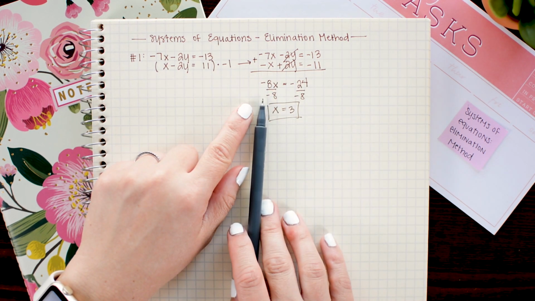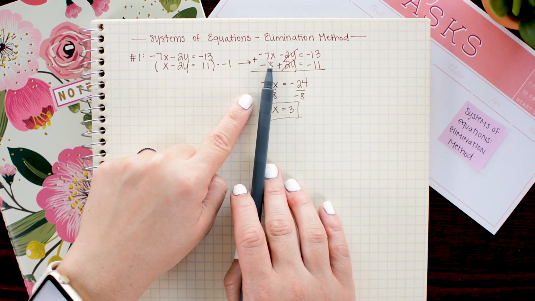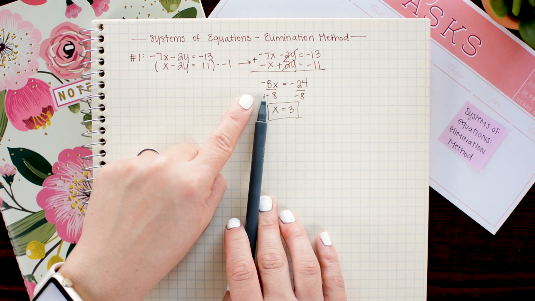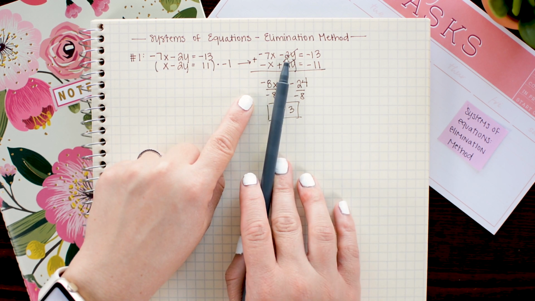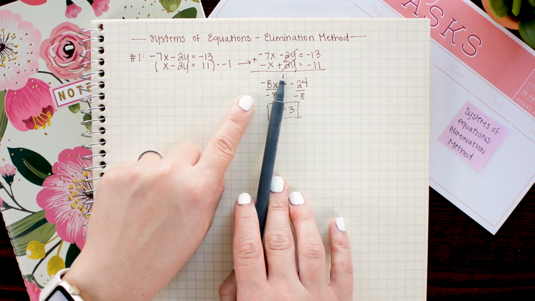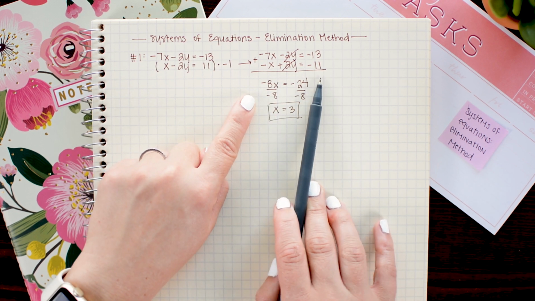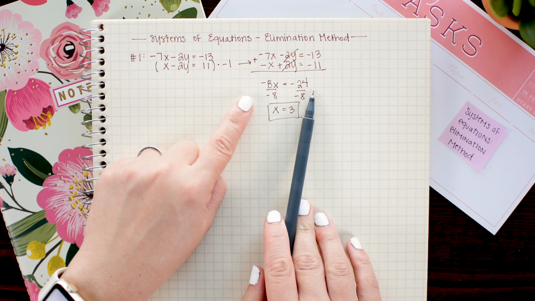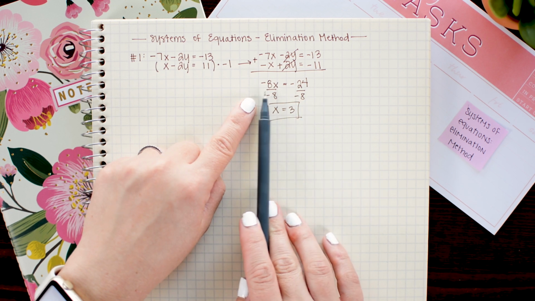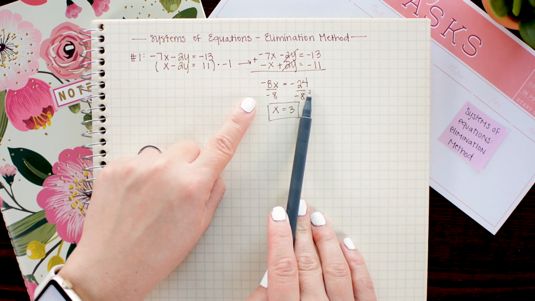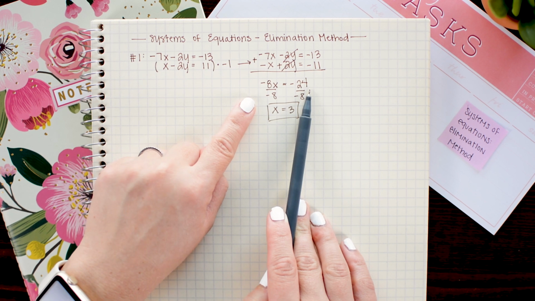After adding the equations together, I got negative 7x minus x yielded negative 8x. The negative 2y and positive 2y canceled each other out, and negative 13 plus negative 11 gave me negative 24. Then I had the relationship negative 8x equals negative 24, in which I could easily solve for x,